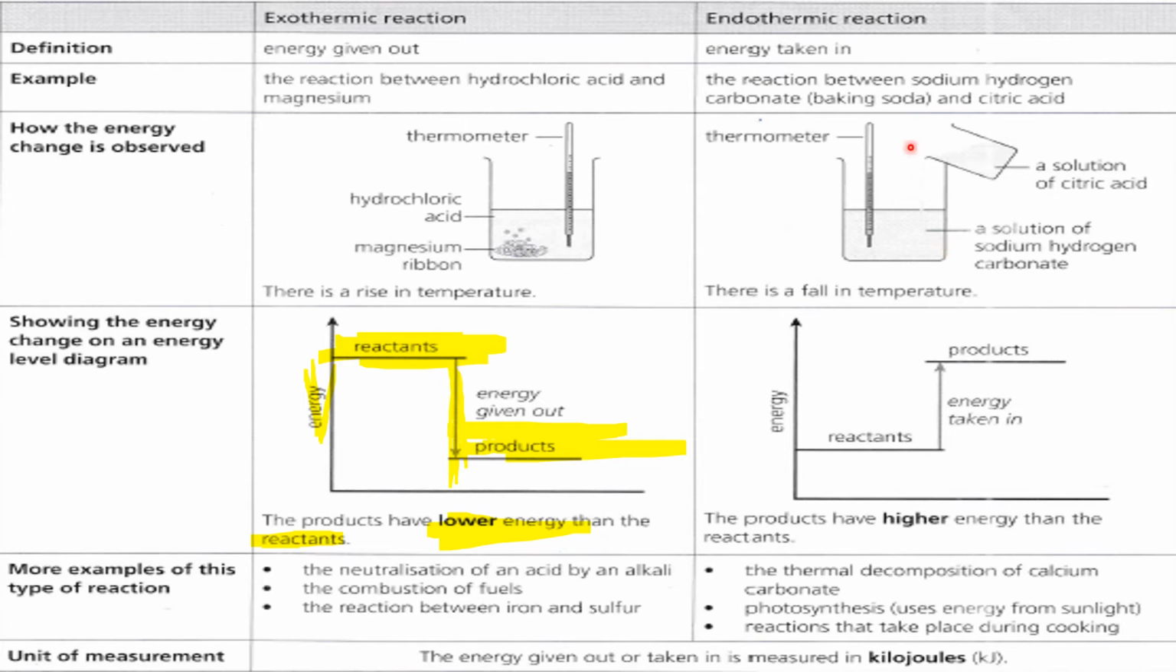So it is a cold reaction. When you touch it, it feels cold. Usually it's an endothermic reaction. So there is a fall in temperature, and yes, you need to memorize this